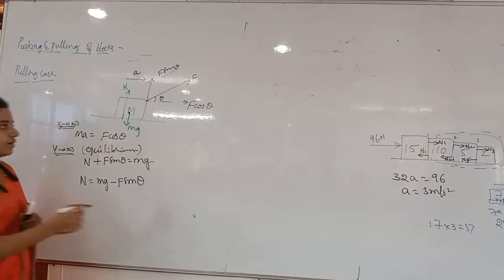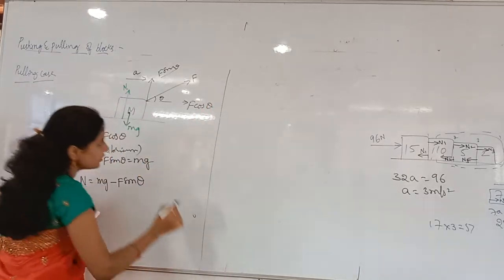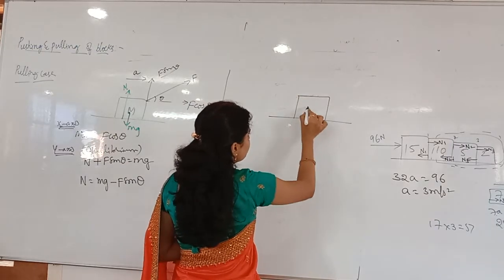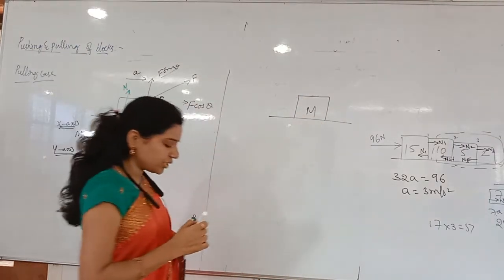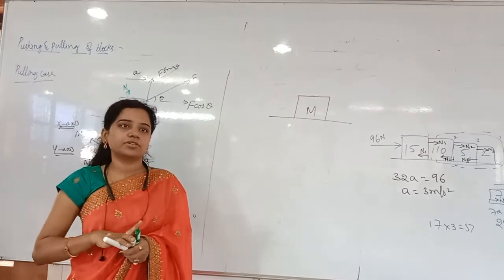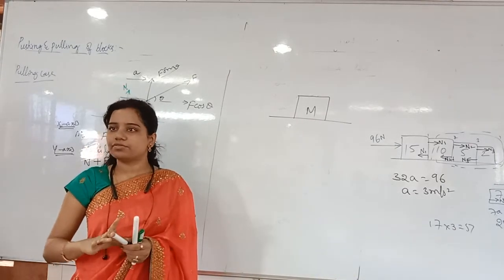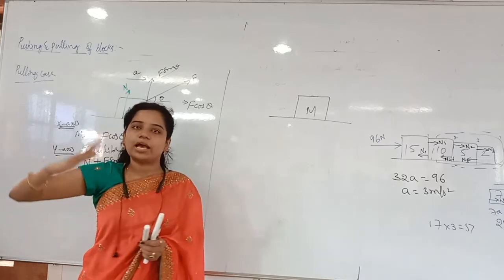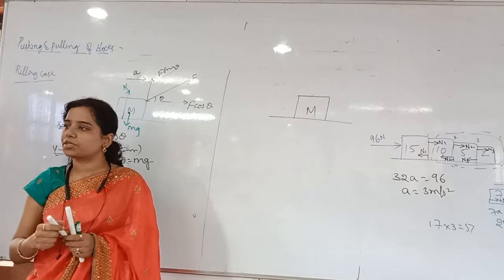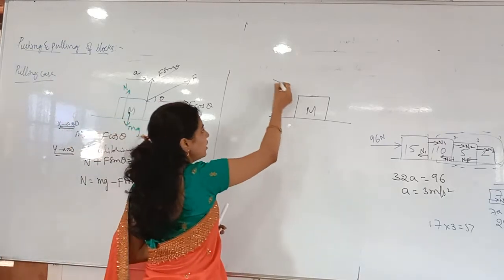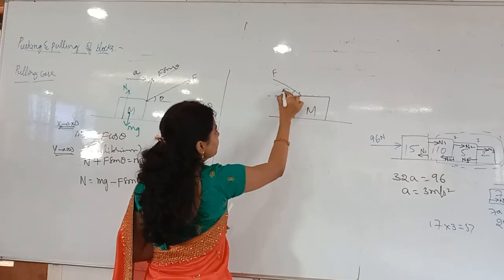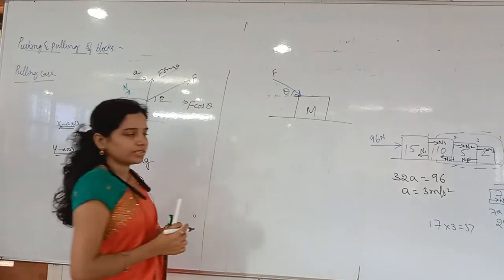Okay. Then next, whenever you see the pushing case. Here I am pushing a block of mass m. Whenever you are pushing, you are applying the force on the block, otherwise towards us. Whenever I am pushing like this, I am applying the force on the block. Whenever I am pulling, I am applying force towards me. Correct? So here I applied a force of F with some angle theta.